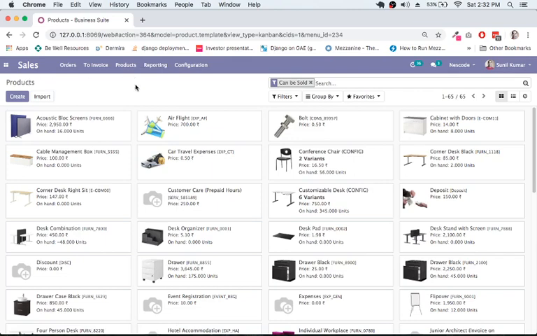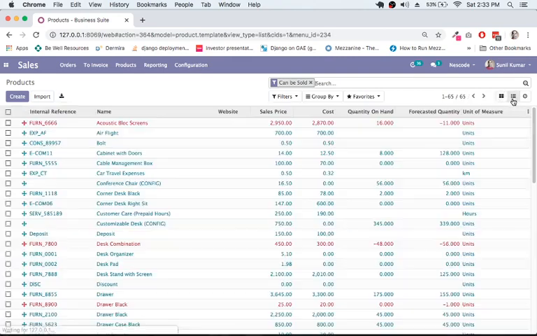Now the next option we have is products, which we have also seen, like how we can manage the products and inventory within Odoo. So let us start exploring what options we have inside the products. If you go and click on products, you will have a list of all products here, and all these products are currently in the Kanban view. You can switch to the list view by clicking on the list icon, and here you will have in fact more features,